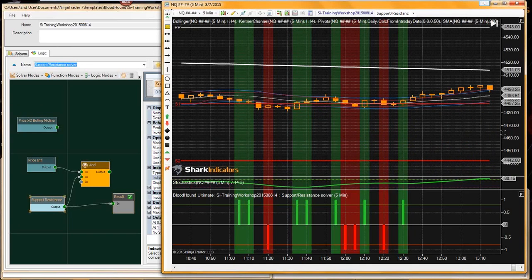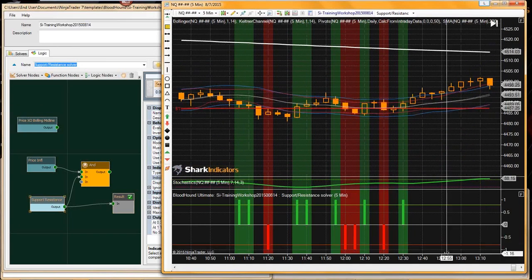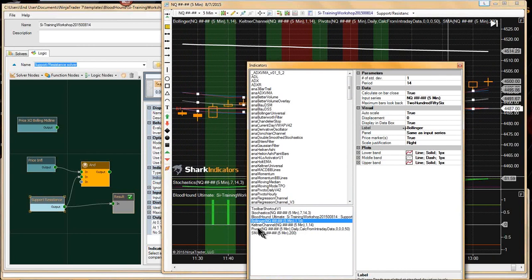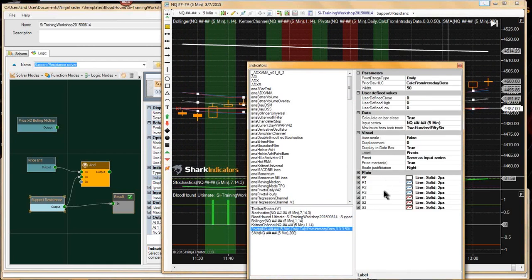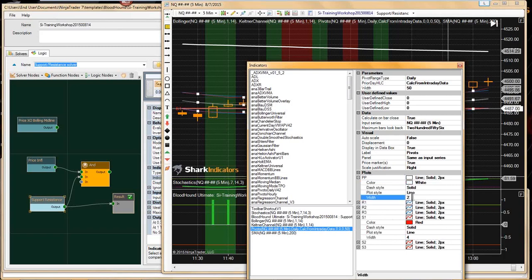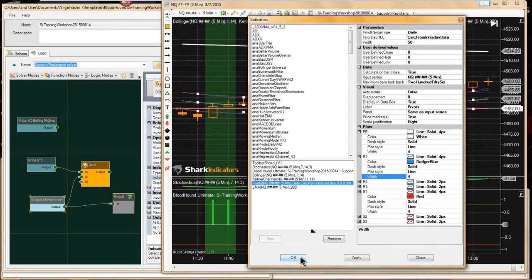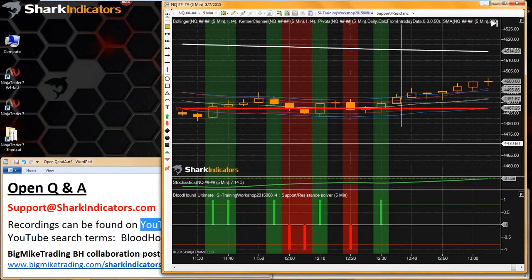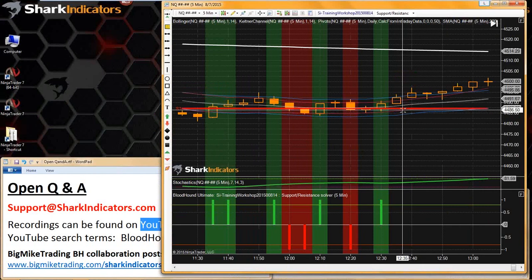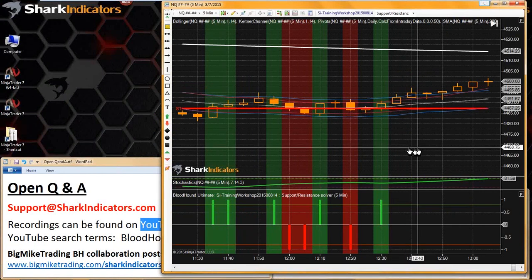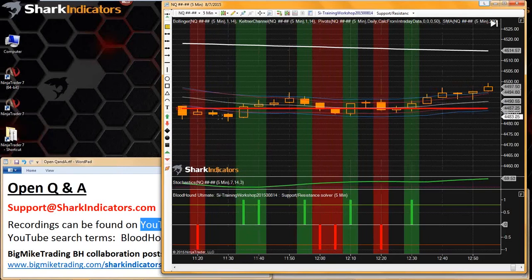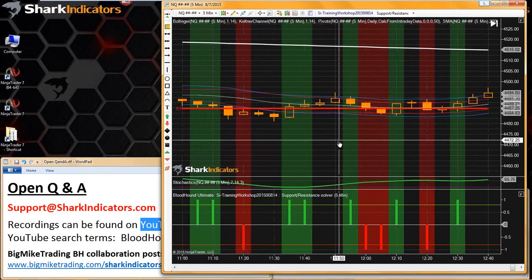So let's see. I'm going to make S1 a little thicker here. There's a lot going on here. Hopefully you can see that thicker S1 line now a little better. So we can see price is basically consolidating around S1, and so when